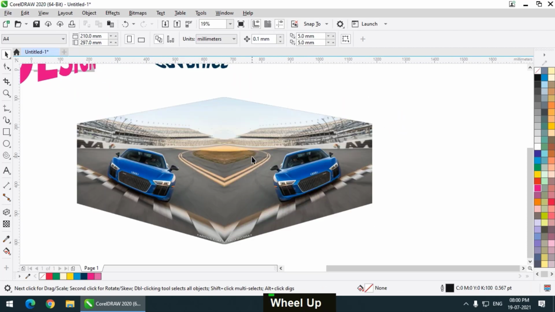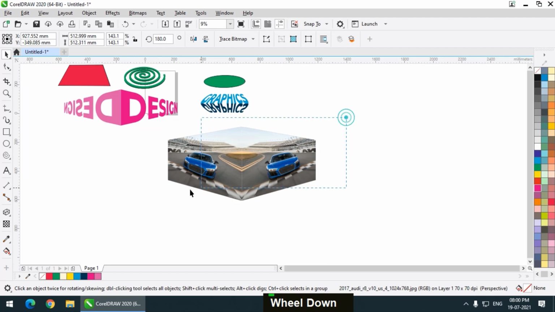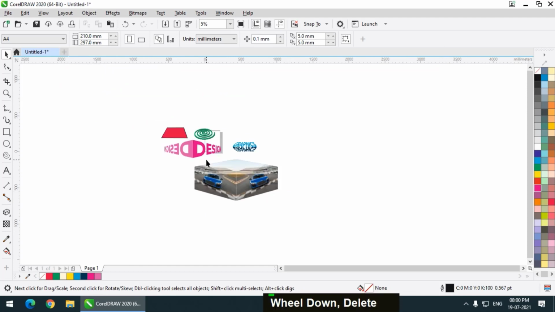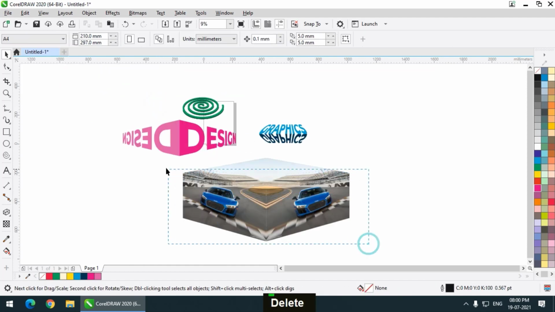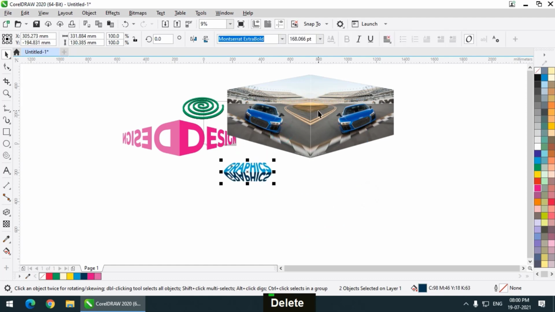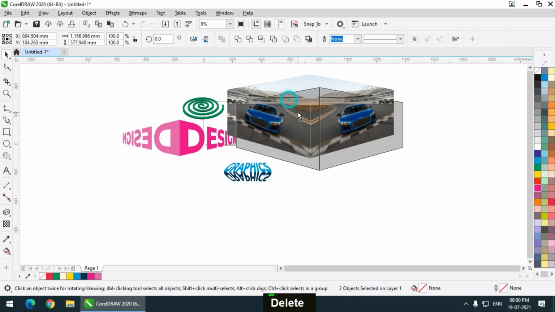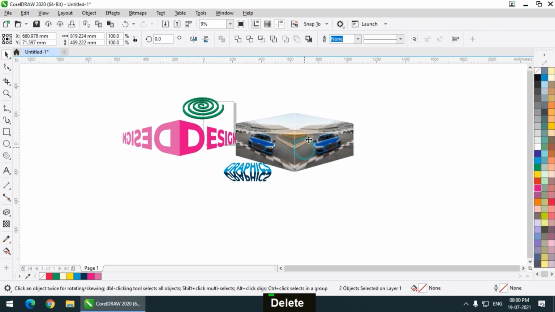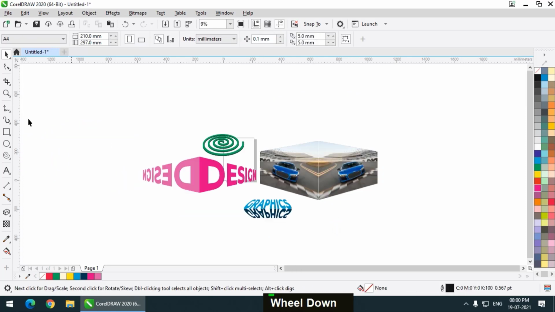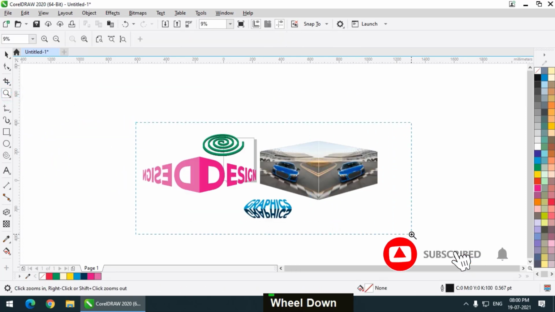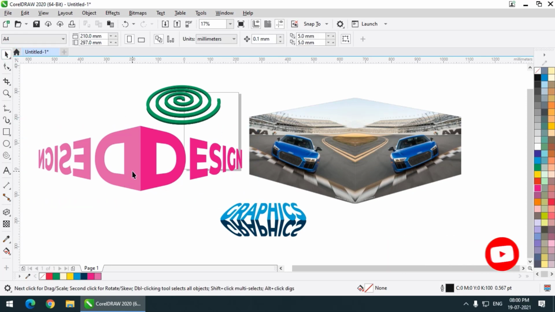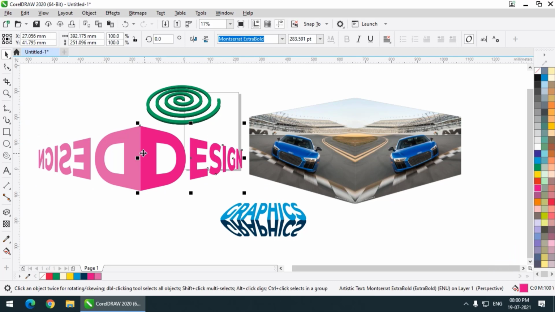So I'm just giving you an example, not necessary to create a reflection, but I'm just giving you an example that we can use it on any shape or object. So this is basically our Add Perspective option that we can use on any given shape or image for that matter, and you can create some really cool shapes, or you can apply some really cool effects using this option.